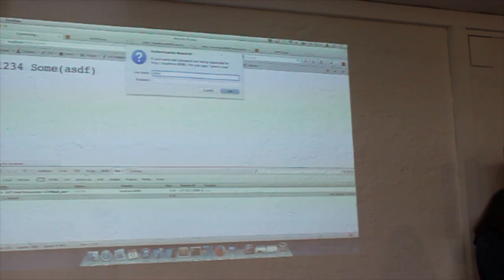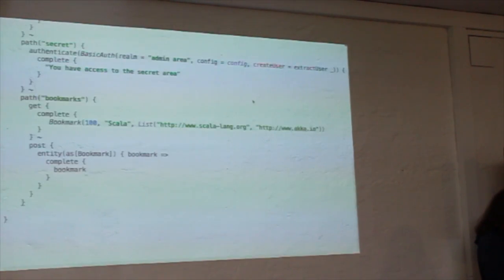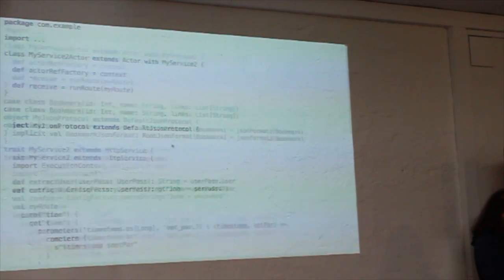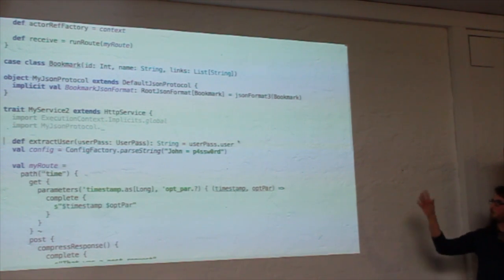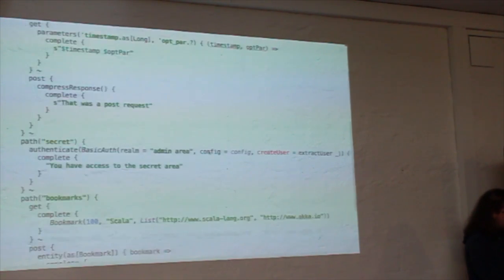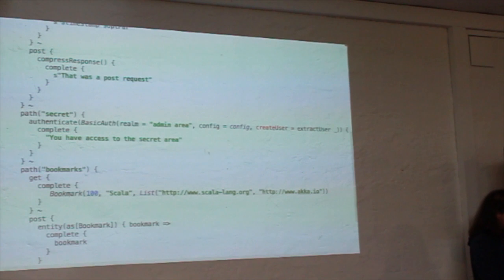Alright, so it's asking me for a username and password, which by the way are... Where did you configure that? Here. Expect user pass, and as a config factory password. Yeah, but where do you say that the Basic auth, well, admin area.